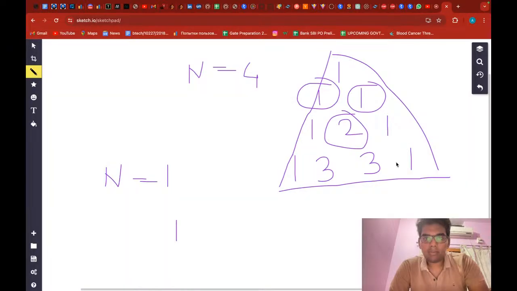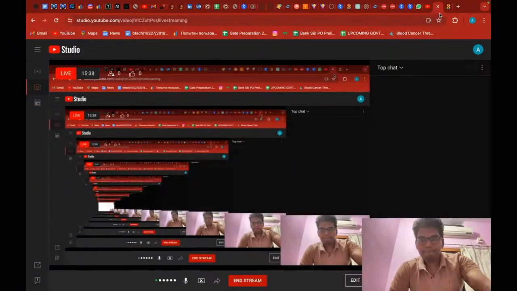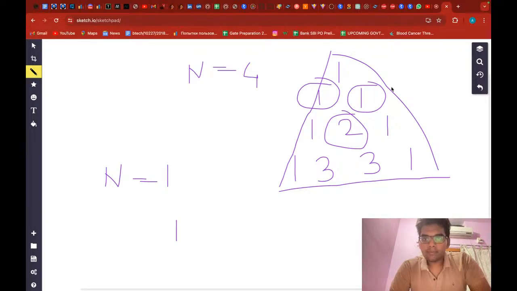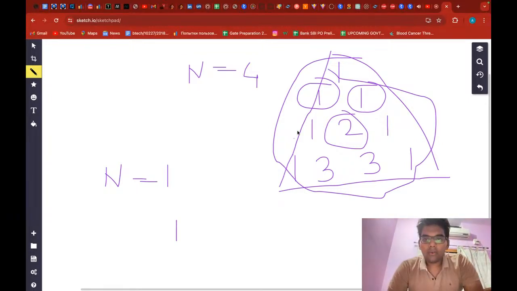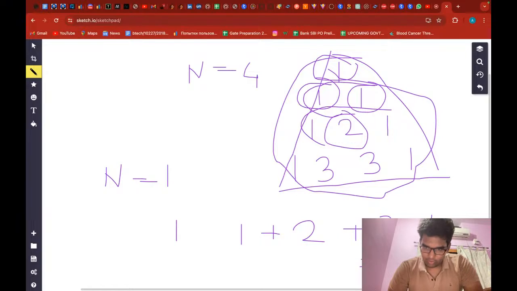The time complexity will be, as you know, you need to traverse till end is equal to 4. In the worst case, every time you are traversing 1, here you are traversing 2, here you are traversing 3. So basically 1 plus 2 plus 3 plus 4. And what would it sum to? If n is equal to 4, it will be the sum of n natural numbers, so n into n plus 1